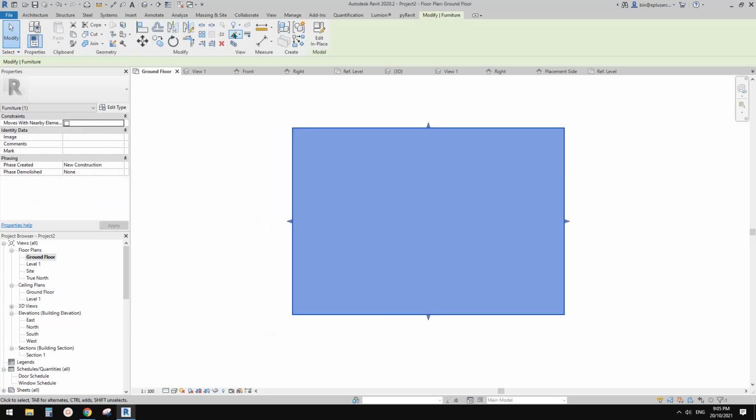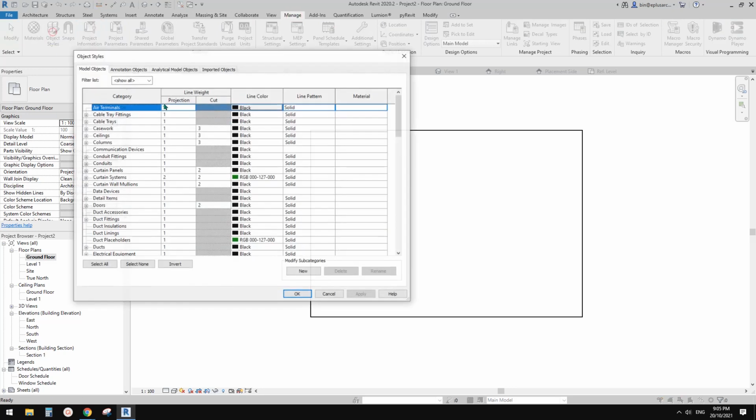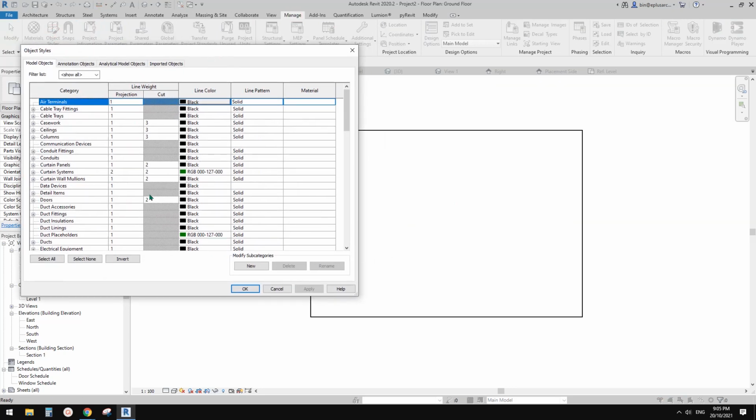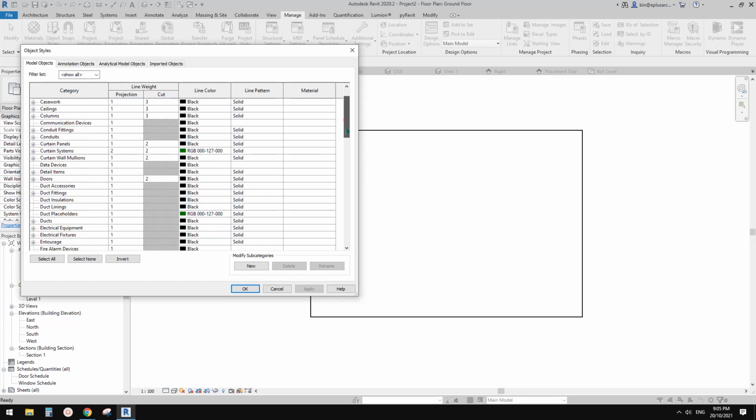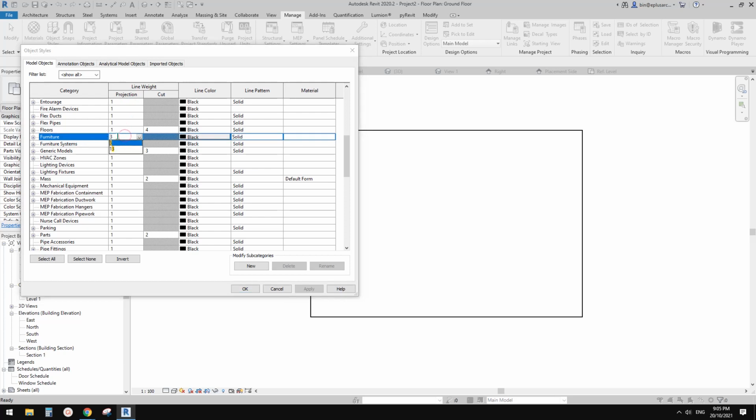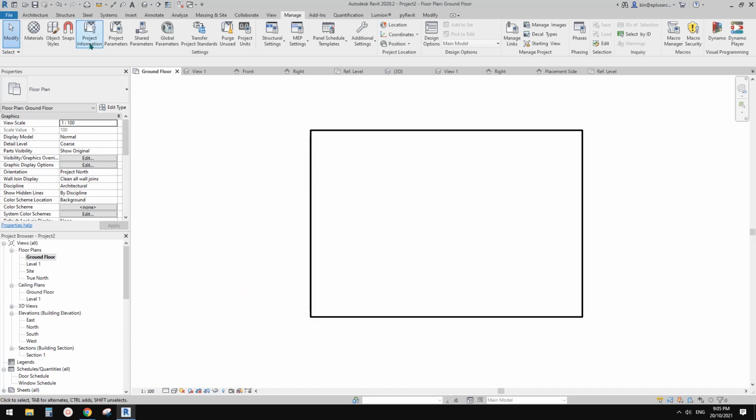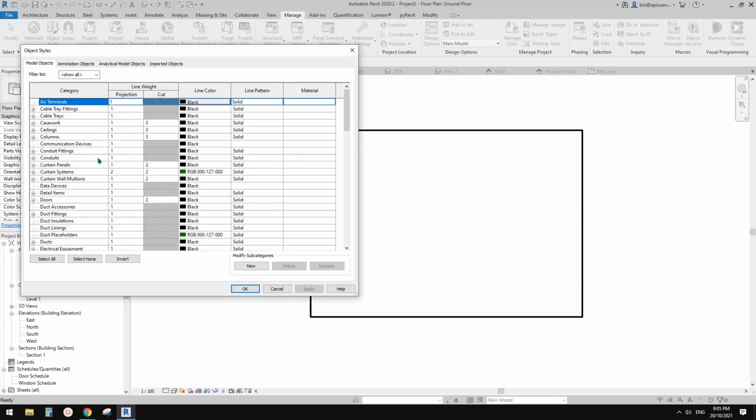Okay, so let me just show you the setting. So this is the furniture. Okay, so although the cut plane is cutting this furniture, you won't see the cut lines because this category is not cuttable. So if I go to furniture, the only line weight you can change is the projection. So if you change this one to, for example 3, it will become 3. Okay, you can also change the